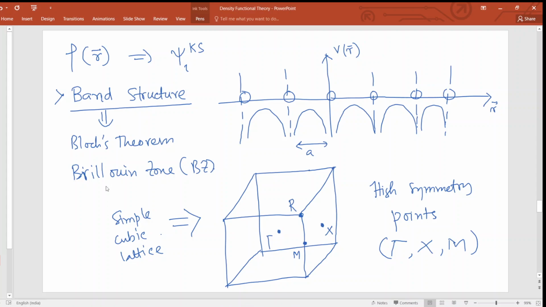Okay, so let us look at what we have actually done. We are trying to predict the behavior of an electron system. In density functional theory, what we are estimating is the ground state energy and the electron density, by optimizing the total energy functional with respect to rho(r), which gives the minimum value. Once you have rho(r), you can calculate many properties. So effectively rho(r) and psi_KS, the Kohn-Sham orbitals, are effectively the same quantity.